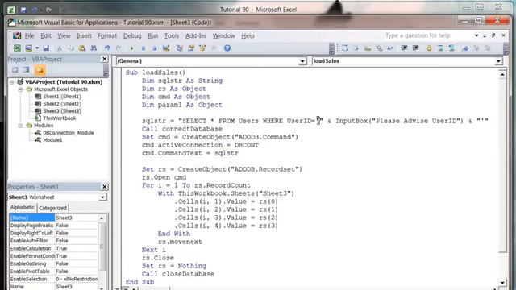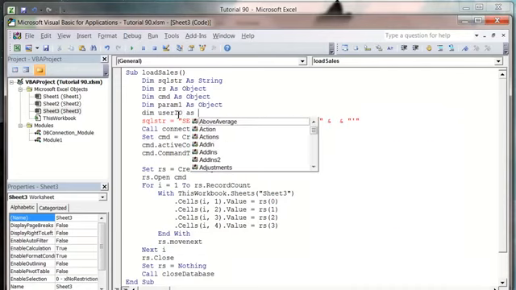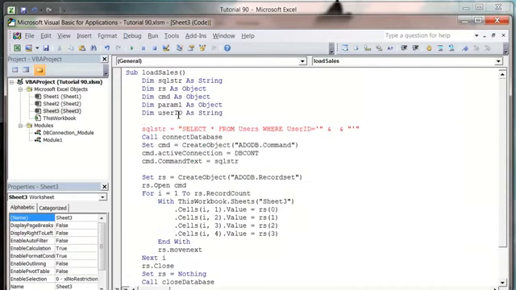What I'm going to do is take this input box out, and assign it to a variable to be used later. So dim userID as string, and userID equals the input box, please advise user ID. Then I'm going to delete all of this here, and I'm going to put userID equals